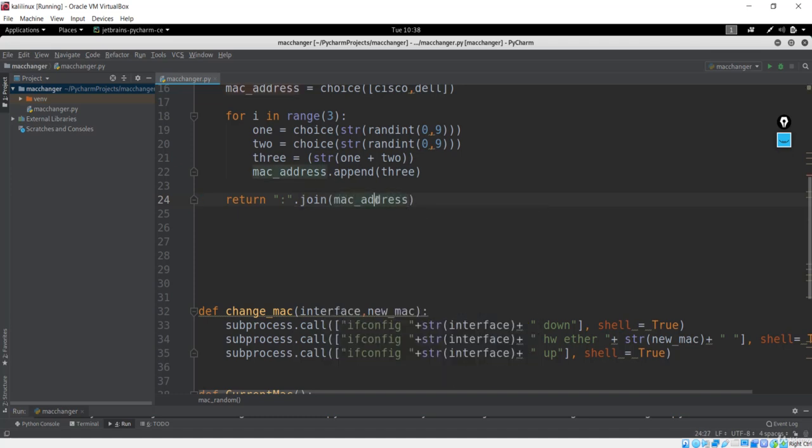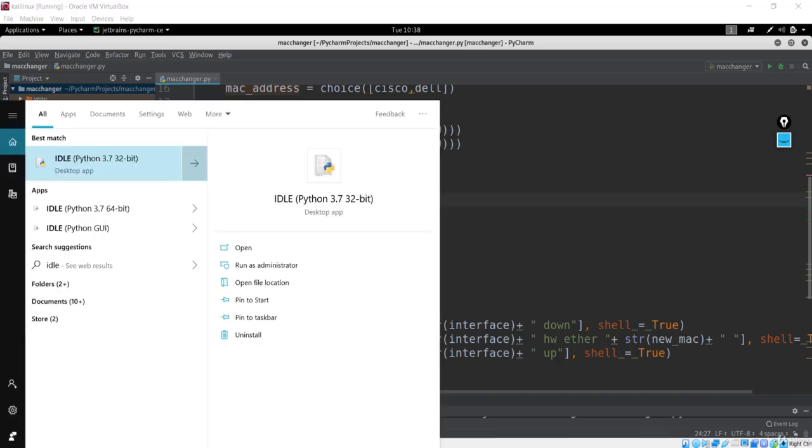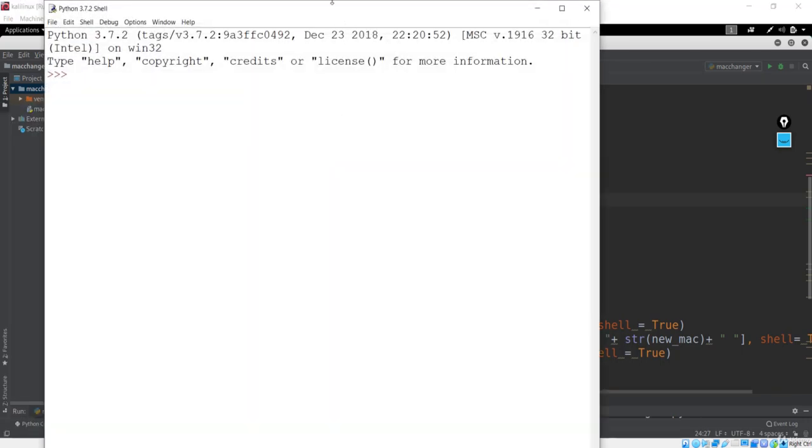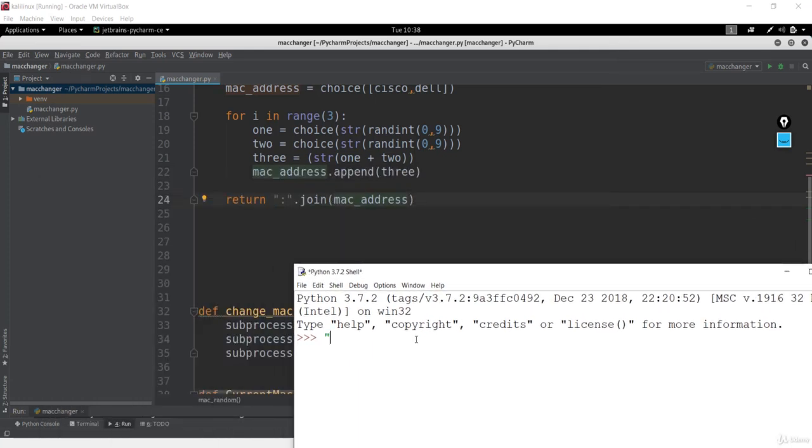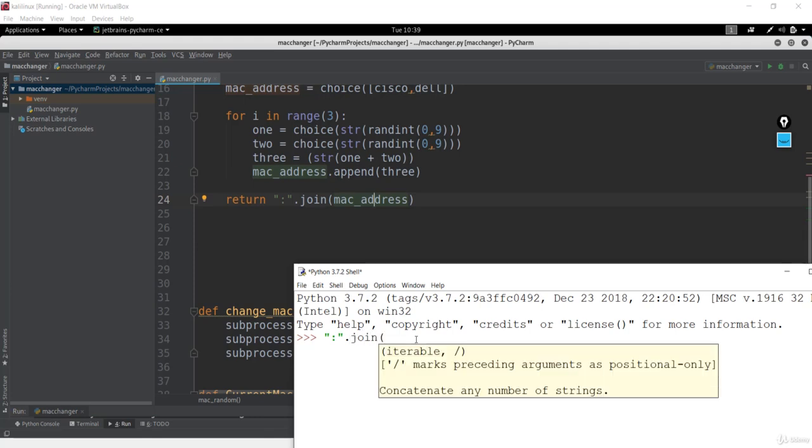So what we just did here, basically, let me just open my IDLE and let me show you what is happening over here. So if I just say something like, let me just call this join method, in maybe the iterables. So let me say A, B, C, D is my iterable.